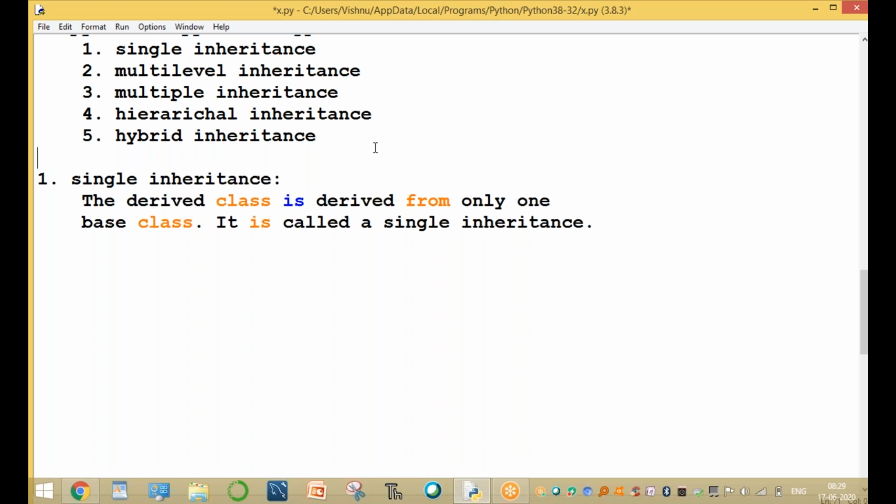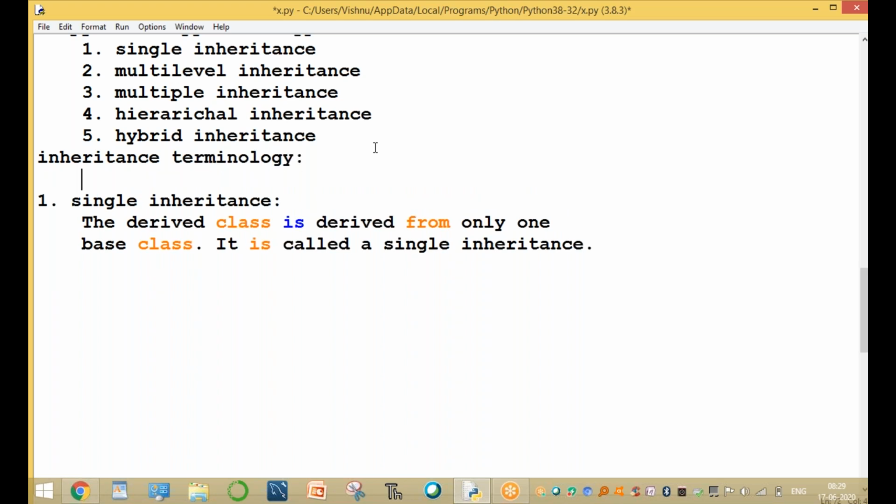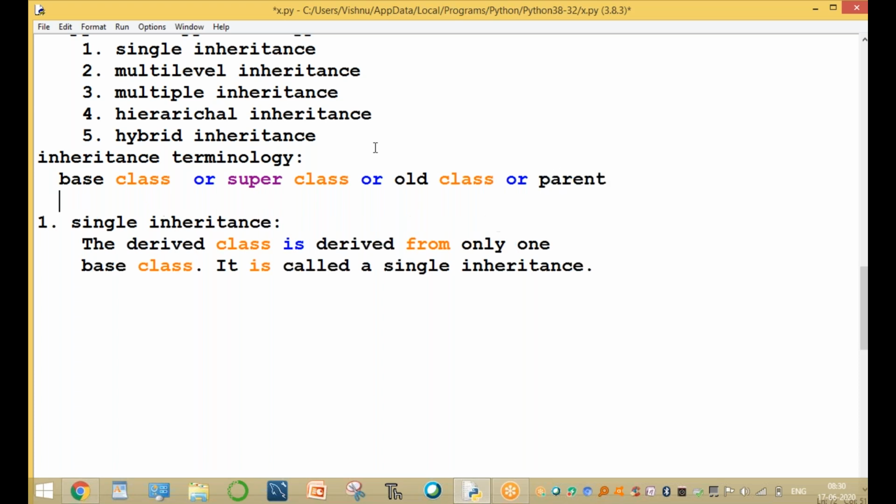Here the terminology is important. Inheritance terminology: the first one is super class or base class, also called old class or parent class.